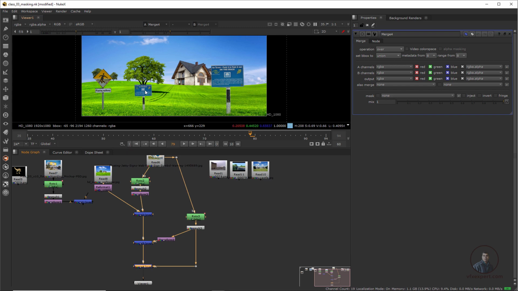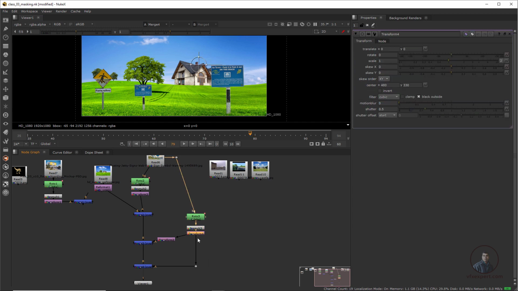And if you want to move this object, then we have to use another Transform in this pipe here, because this Transform is just controlling the first one. So now again press T for Transform. If you see here, actually this is working for both, so we just have to unplug it.